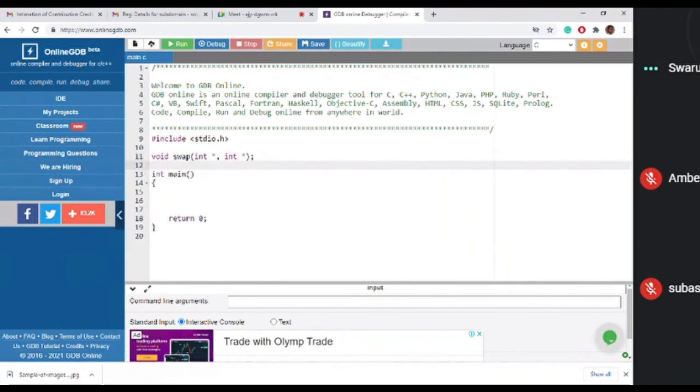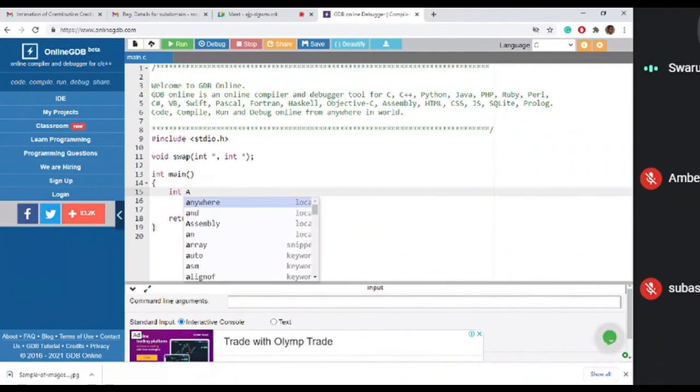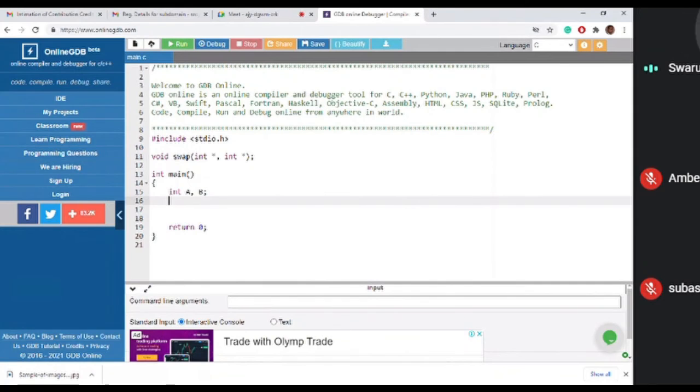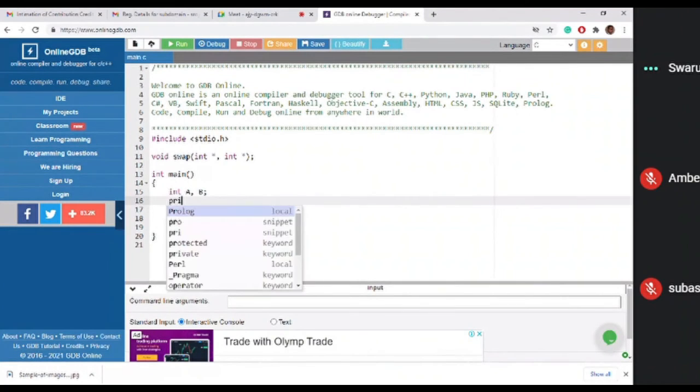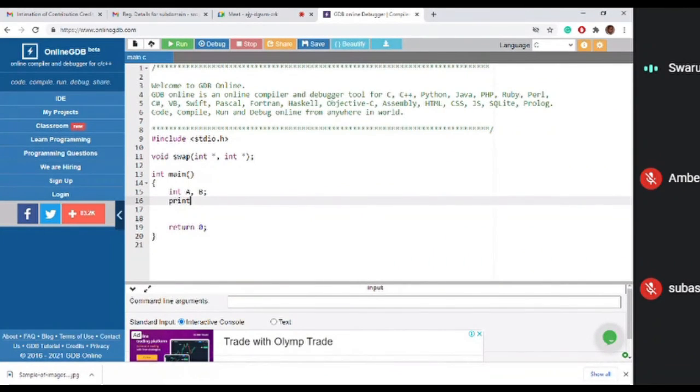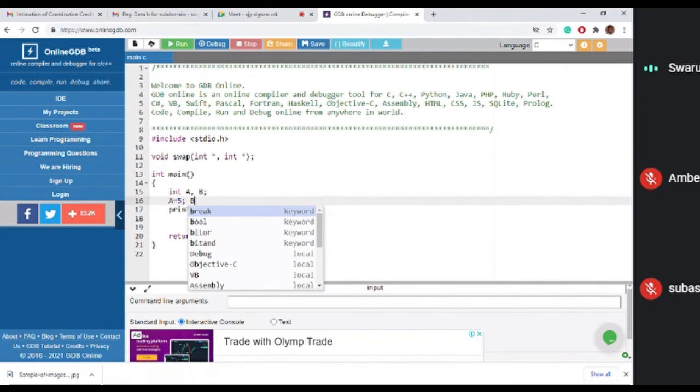So here A, comma B. So print A equals to 5, B equals to 6.